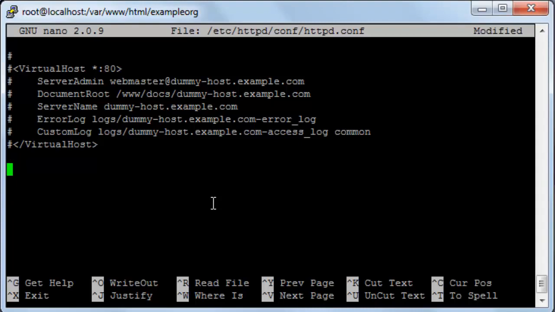I'll type here hash and then the sign and then virtual host. Sorry, here I've made a small mistake. We will not add the hash, just the sign and then virtual host and then the star, two dots and 80, then close the sign. And from this example we will take those three things: the server admin, the document root,